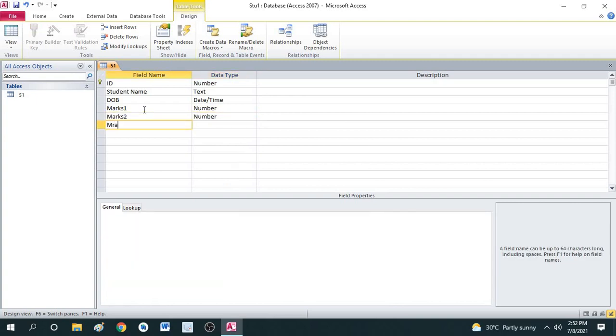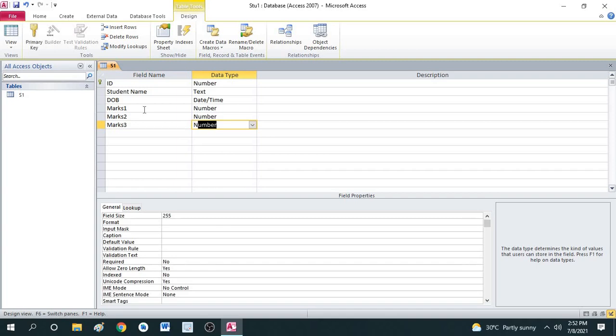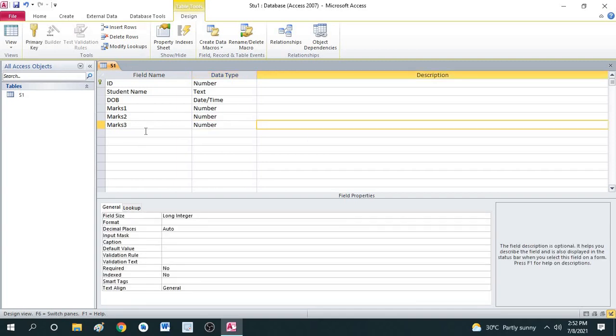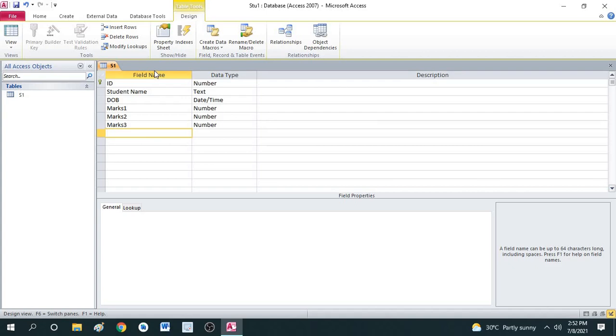Next marks 3, number. So now I have created the field names in the design view.